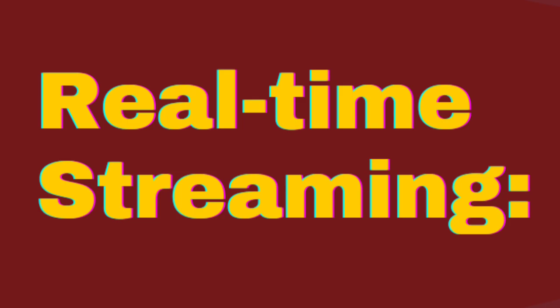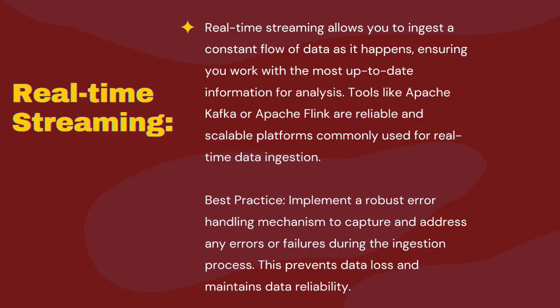Real-time streaming. Imagine you have a constant flow of data coming in, like messages or updates from various sources. Real-time streaming is a technique that allows you to ingest this data as it happens. It ensures that you're working with the most up-to-date information for your analysis. Tools like Apache Kafka or Apache Flink are commonly used for real-time streaming, as they provide reliable and scalable platforms